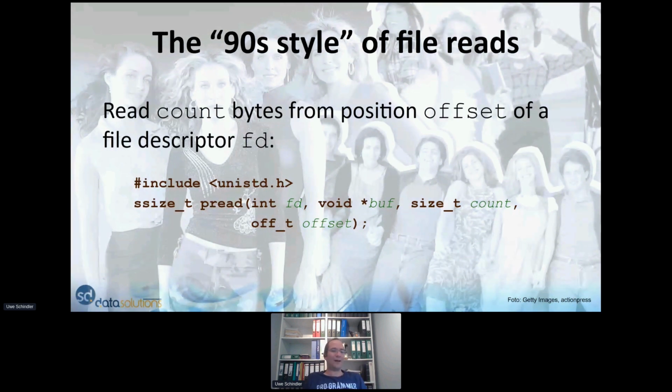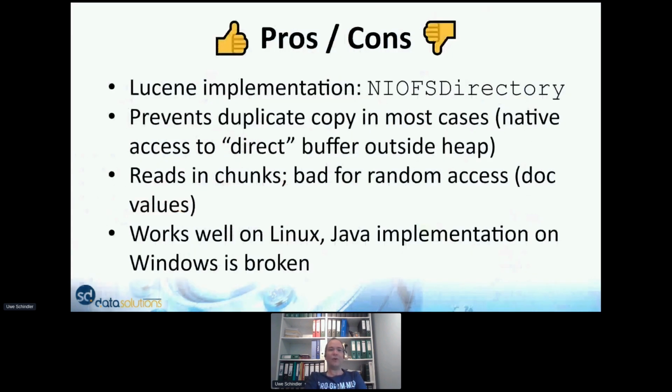You have a buffer and you have a count. You want to read a certain amount of data from a specific offset in the file. So here you are combining both the seeking and the reading into the same syscall. That removes the need for the synchronization, because each thread has its own offset where it reads from, and there's no concurrency problem. So in Lucene, the implementation for that is the new NIOFSDirectory,